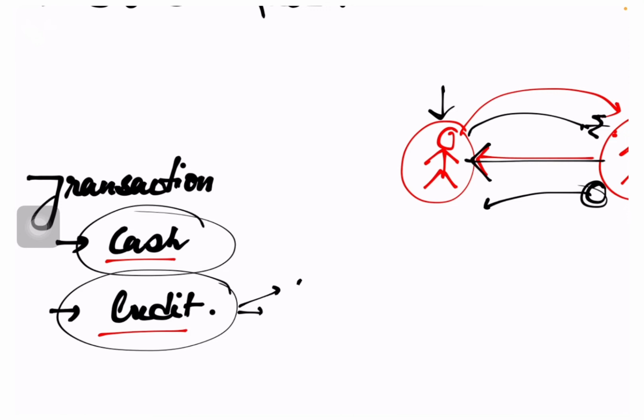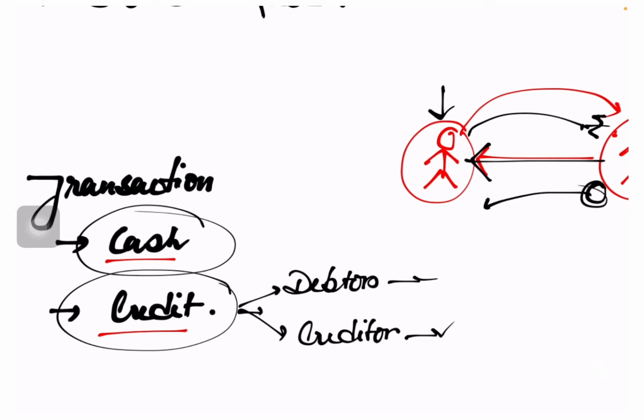And in a credit transaction there are two parties. One is called debtor, another is called creditor. What is debtor? Debtor मतलब मैं किसी को अगर उधारी में बेच दिया, उससे पैसा नहीं लिया है ना, तो पैसा तो लेना पड़ेगा. तो जिससे हमको पैसा लेना पड़ेगा वो हो गया मेरा डेटर. और मान लो कि मैं किसी से उधारी में खरीदारी कर लिया, तो उसको तो हमको पैसा लौटाना पड़ेगा भाई, और जिसको हमको पैसा लौटाना पड़ेगा वो हो गया मेरा क्रेडिटर. So this is debtor and that is creditor.